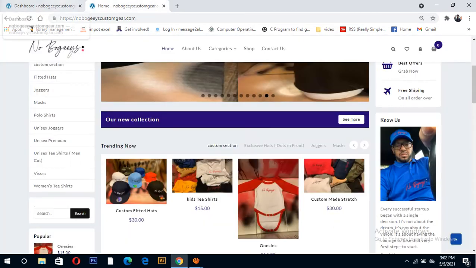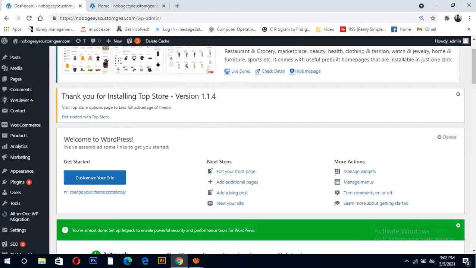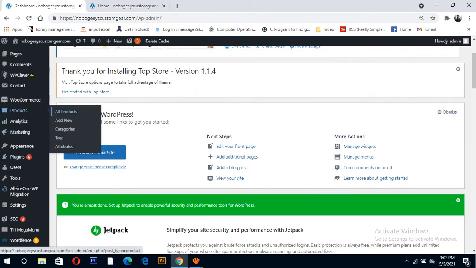You can go to this dashboard and see products here. This product list shows all uploaded products, and a new product is uploaded there. This is categories. Click categories.